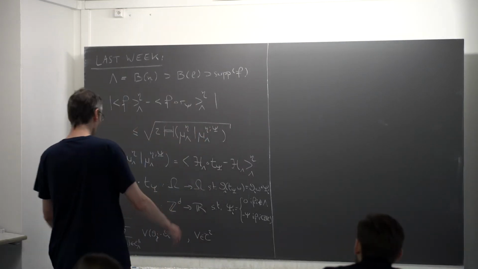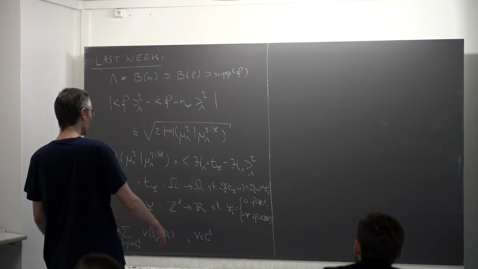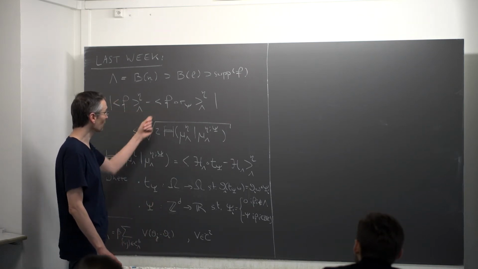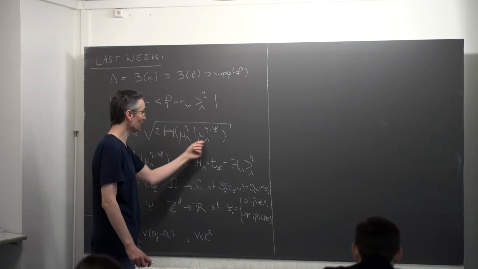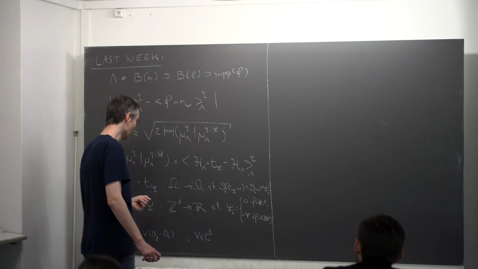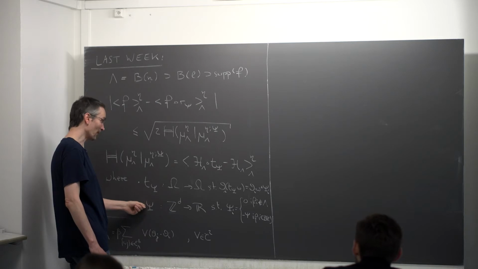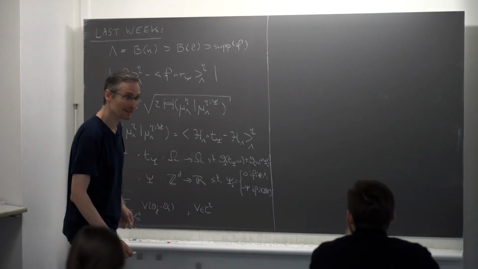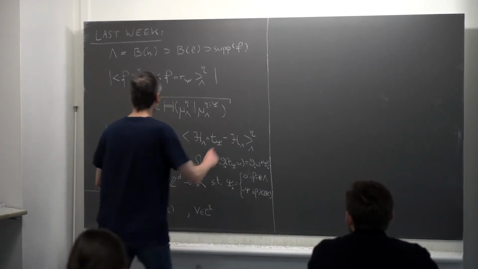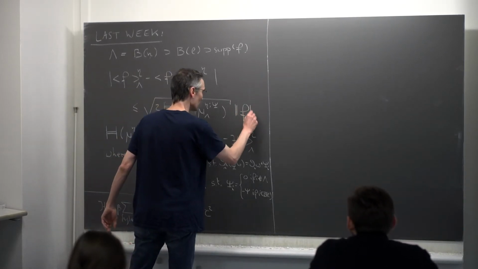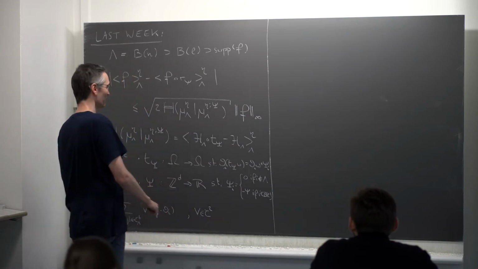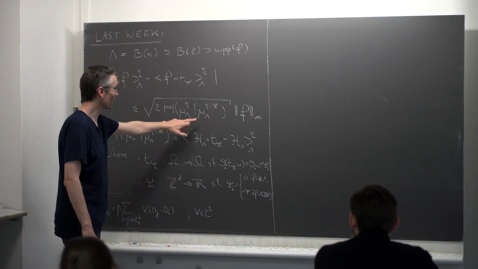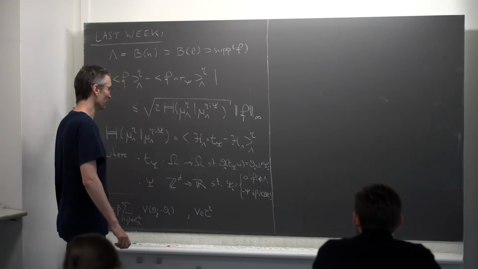Okay. So we were at this stage last week, and now I want to go on. If I want to show that this difference goes to 0, I have to show that this relative entropy goes to 0, provided I choose in a wise way the profile psi here. Okay. Sorry? Norm of f in this inequality. Yes, thank you. Absolutely. Norm of f here. Okay, so what I want to do now is to show that this relative entropy is vanishing when I choose psi in a convenient way.